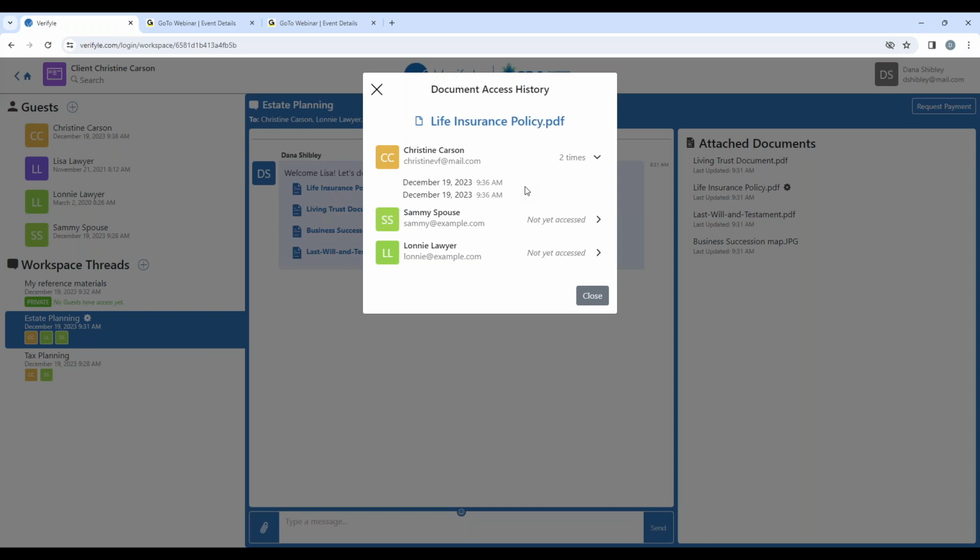value to my client and help her understand what some of the issues are with respect to this life insurance policy. Similarly, if I can see that Christine just looked at this document 15 minutes ago and I have a call scheduled with her in 20 minutes, what do I need to be on my toes about, right? She's likely to raise questions about this particular document, and I know it because I have some sense of what's happening on the other side of this communication. And similarly,